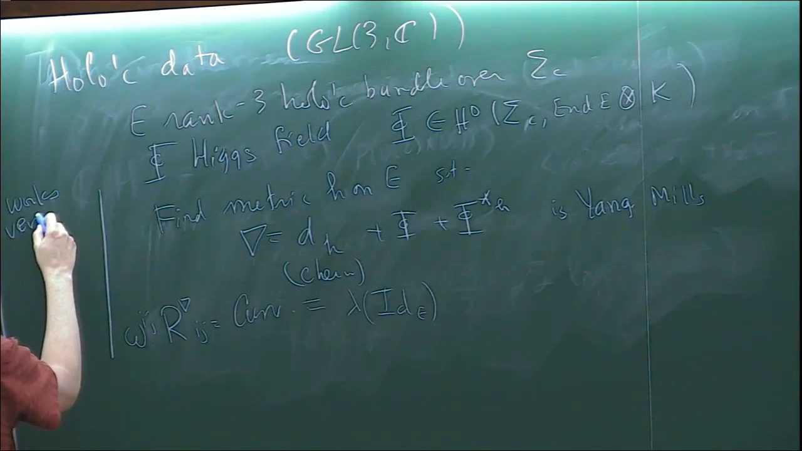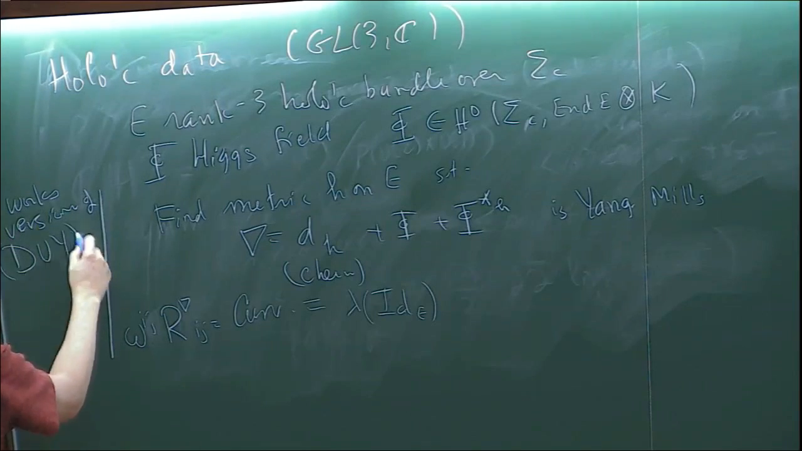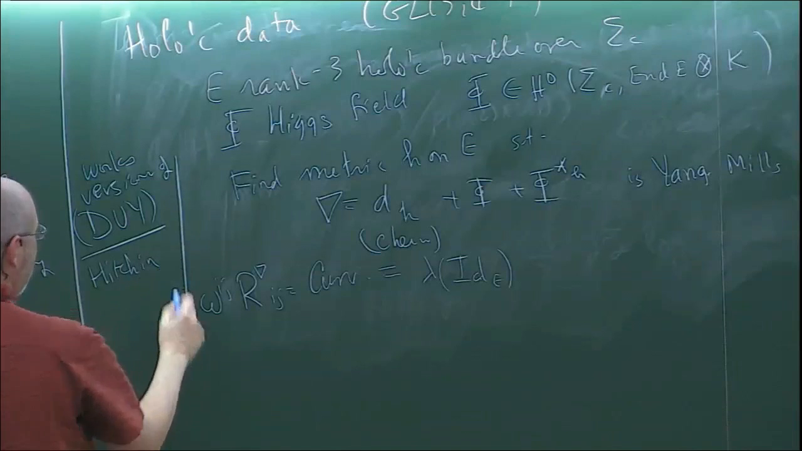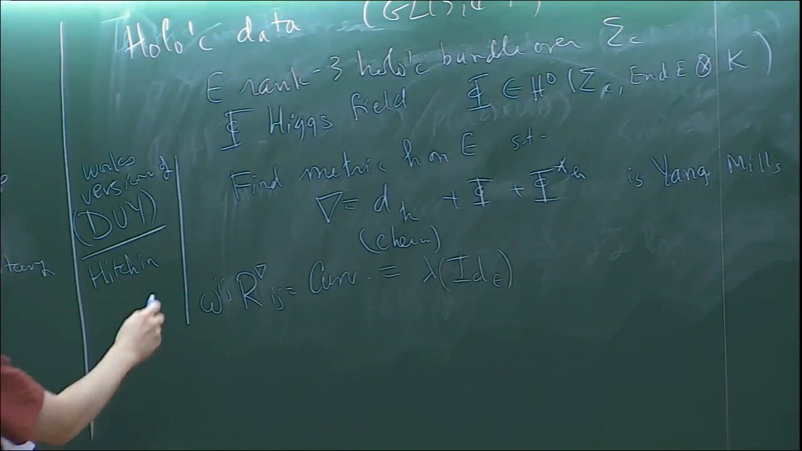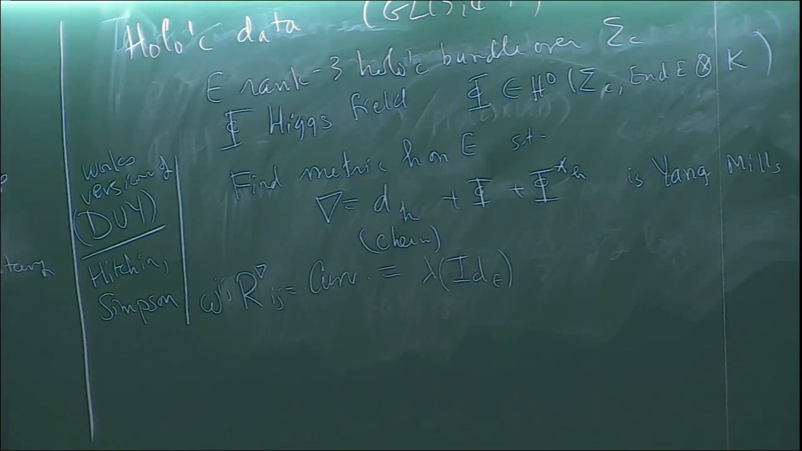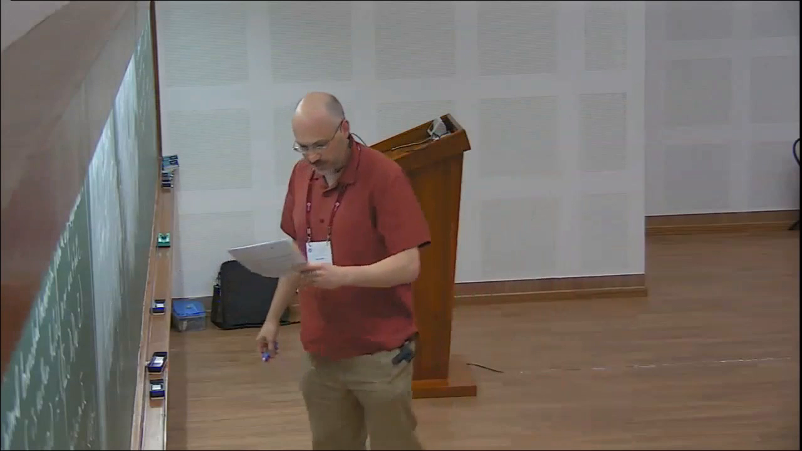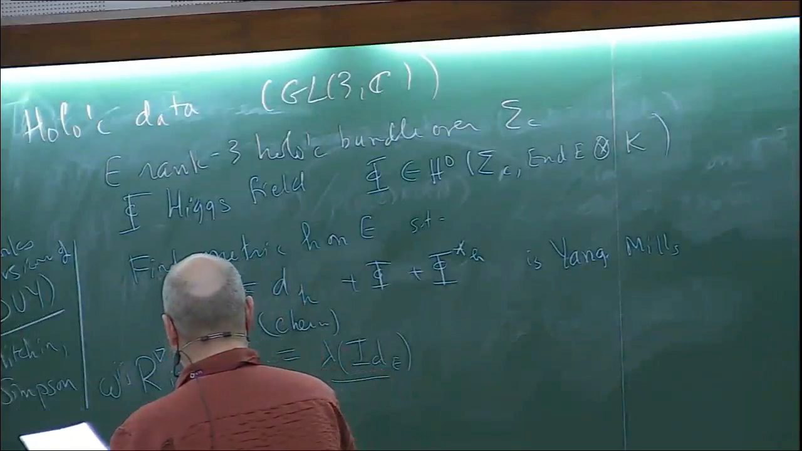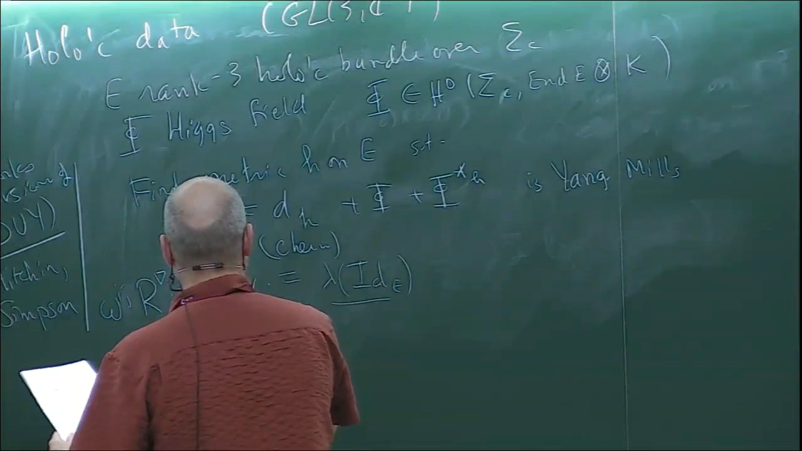So this is a version of the Donaldson-Uhlenbeck-Yau type correspondence, and for Higgs bundles on Riemann surfaces, this is due to Hitchin. Hitchin's proof was written down for rank 2, but Simpson also did much more general Higgs bundle proofs. Okay? All right. So in particular, in this situation, we're going to have a representation, the holonomy